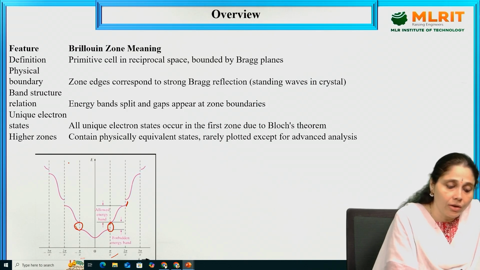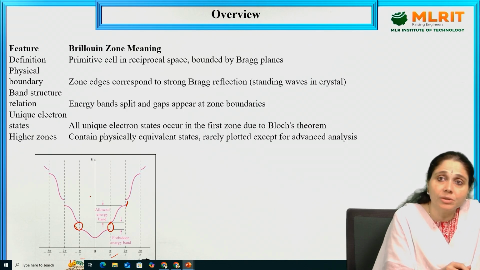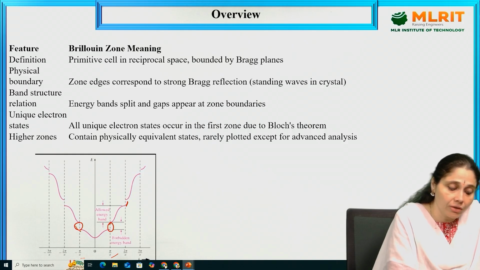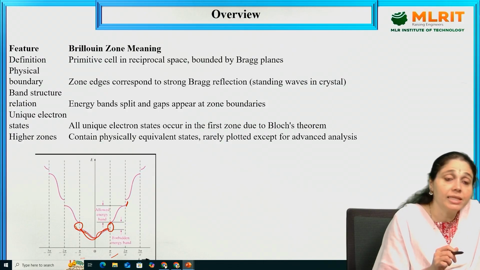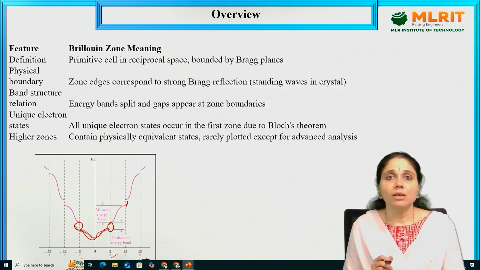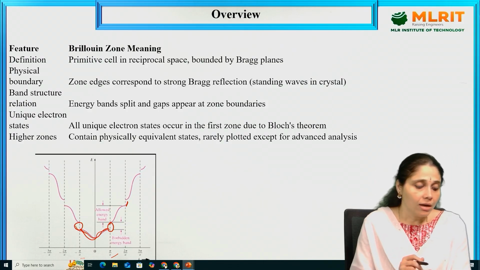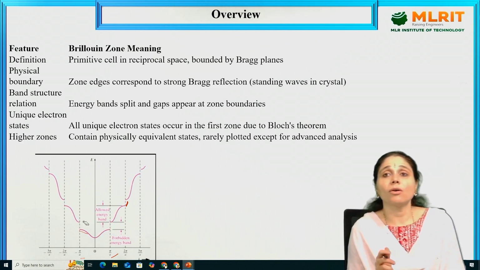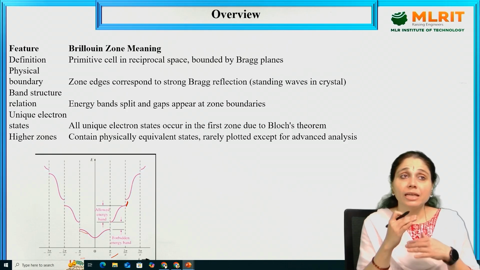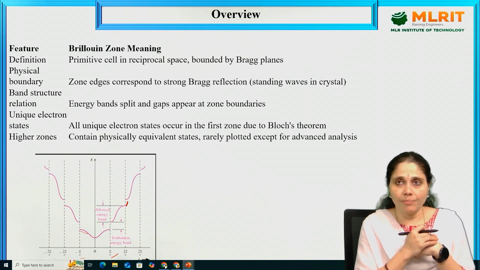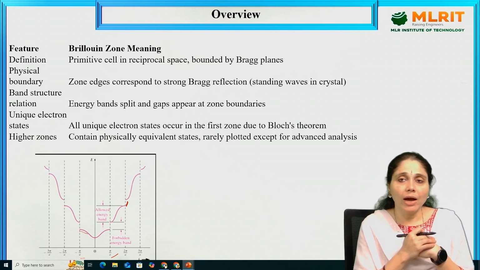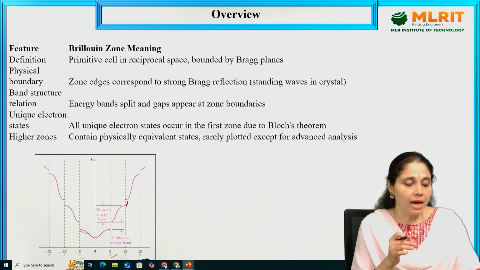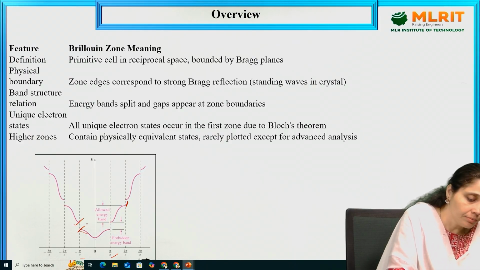Here, Brillouin zones. This is the first Brillouin zone, where the energy states are allowed. And at some points we get energy states that are forbidden. Why does this forbidden region occur? Due to the differences in the energy levels of the bands, we are going to have these energy gaps here to here.